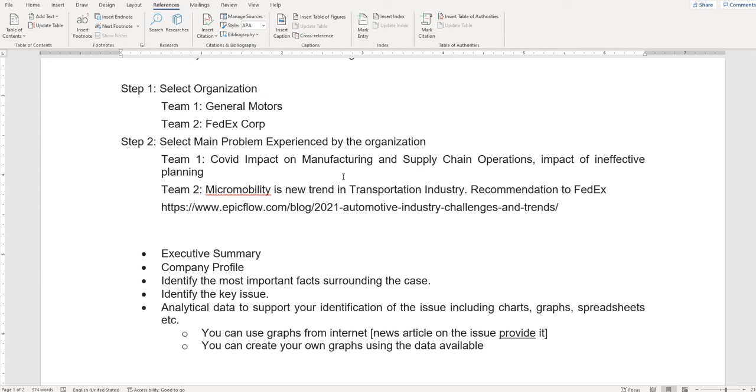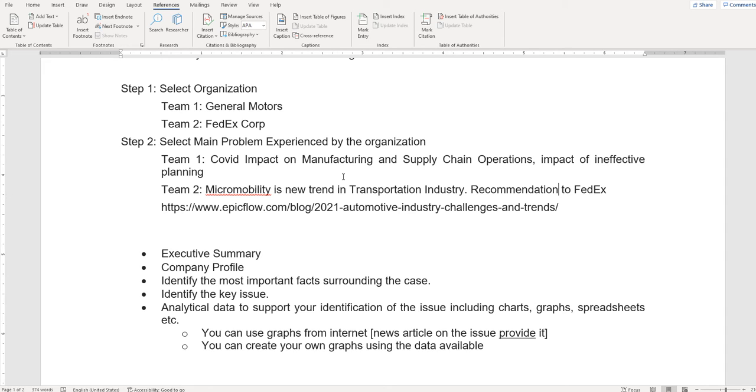So team 1, we have already given names for teams. Some researchers will be working on team 1, and two other people will be working on team 2 on the document. As it is a 15-page document that should be completed by end of the day, I am giving it as group work, team work.